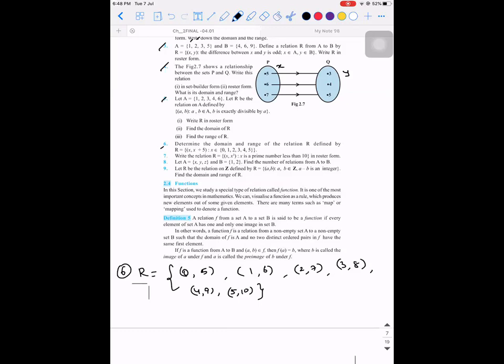Sir, so in this case, what is the codomain? 5, 6, 7, 8, 9, 10? In this case, it is difficult for us to define because they have not given it. So here we cannot define codomain, rather we can say what the range is, that's it. Because in this question, they should give you where x is coming from and where y is coming from.